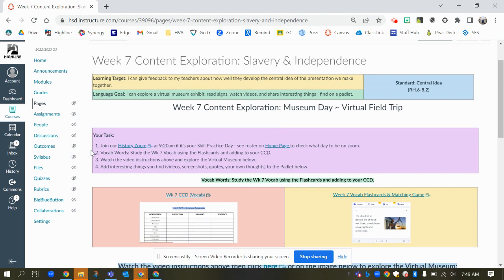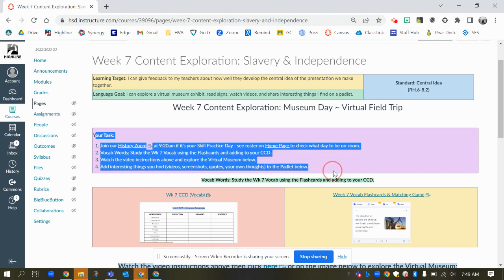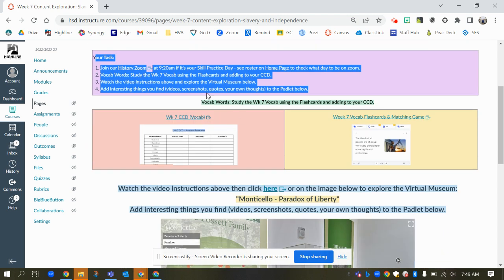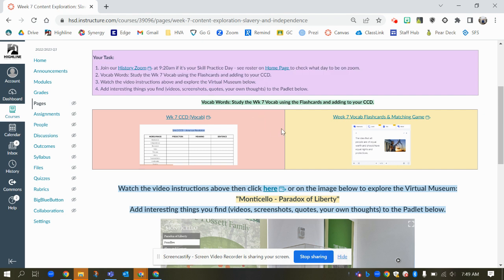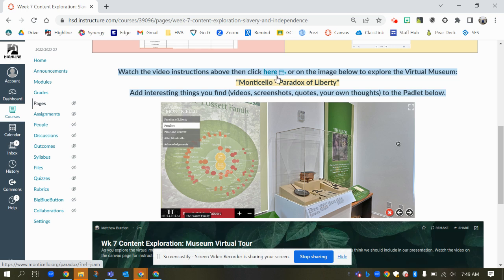Okay, so here are your instructions for the day. Read through all of those. There are some reminders about coming to the Zoom. There's also information here about your vocab that you should be studying using your flashcards here and the content diary here. But what I wanted to show you in this video is how to access and move around this museum,